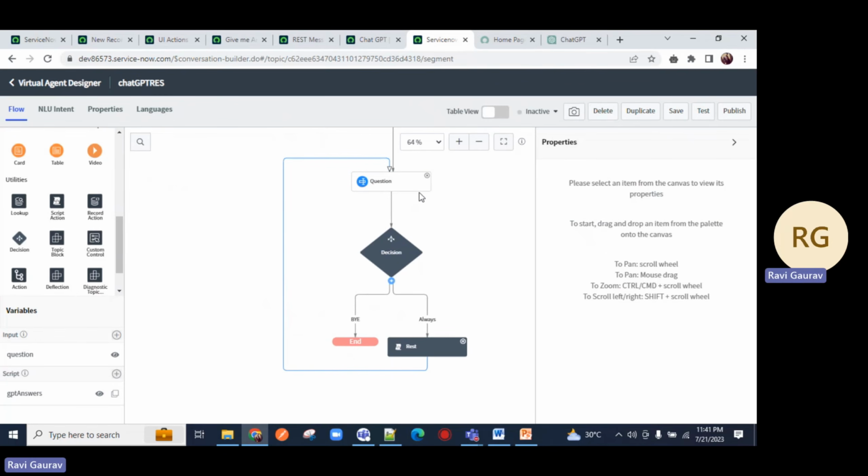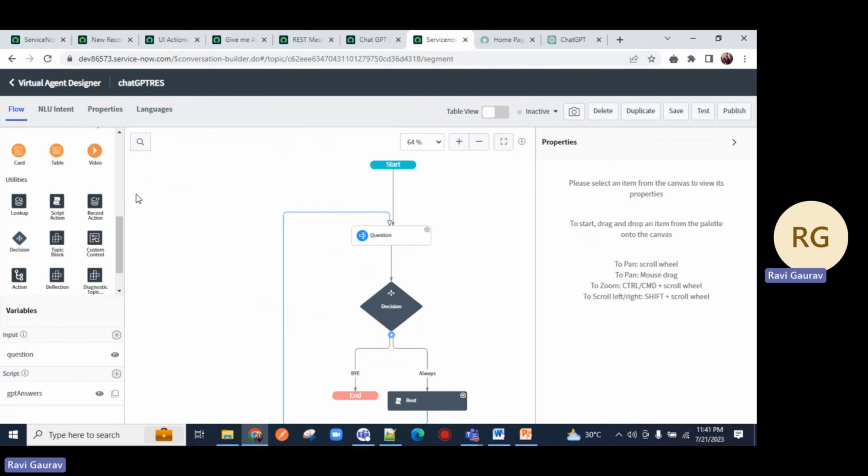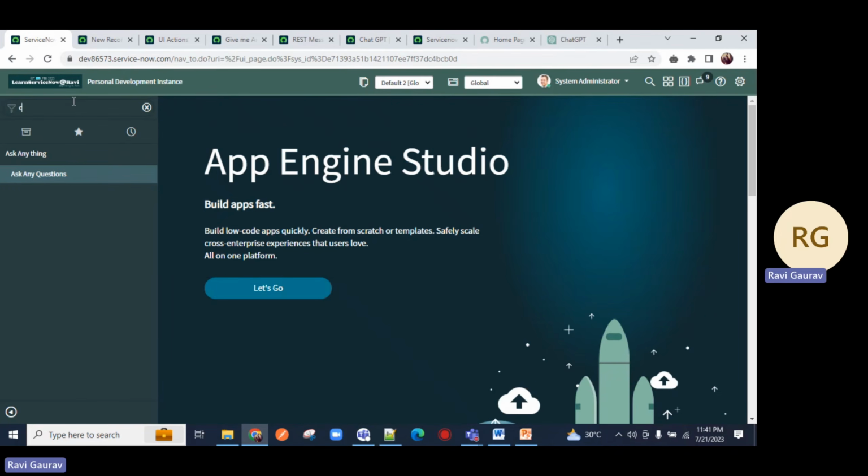Yeah, like this. So it should connect it back to the question. Remember that. So I'll come back from starting. First of all, you should install the virtual agent plugin. After that, come to the conversational interface,